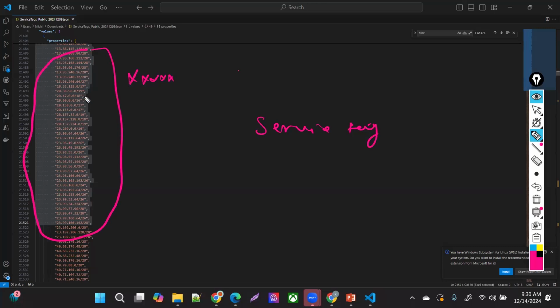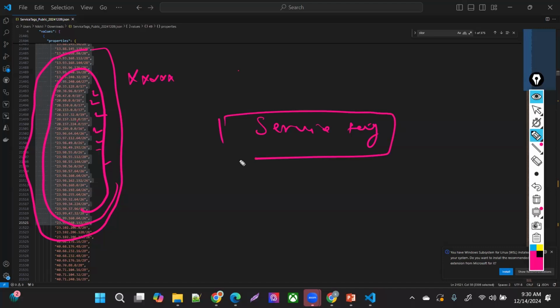Why? Because Azure frequently changes these IP addresses, but all the IP addresses you are putting in are bound to that service tag. That's why, when I say you have your storage account in North Europe and you are accessing via service tags, you don't have to take any tension about the IP addresses. The service tag is bound to those IP addresses, and it takes them dynamically.